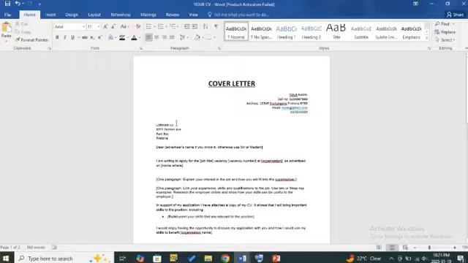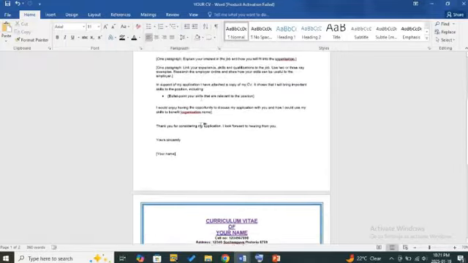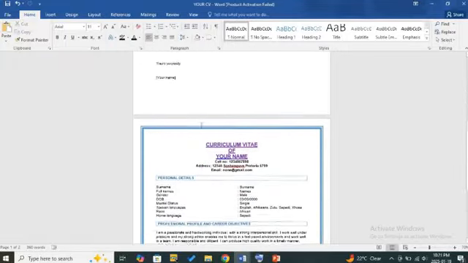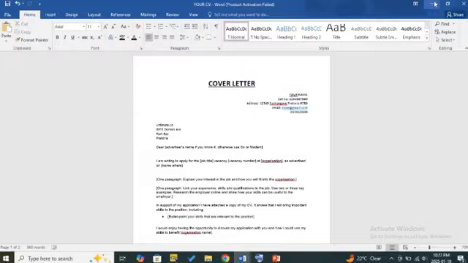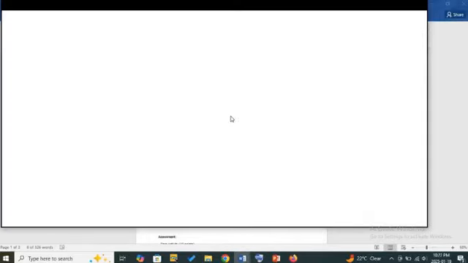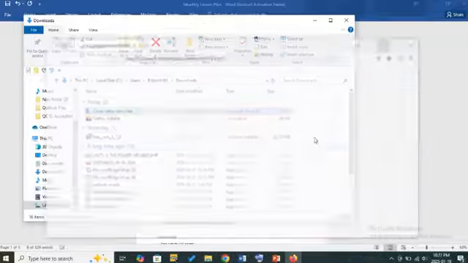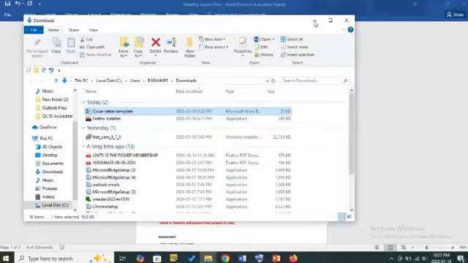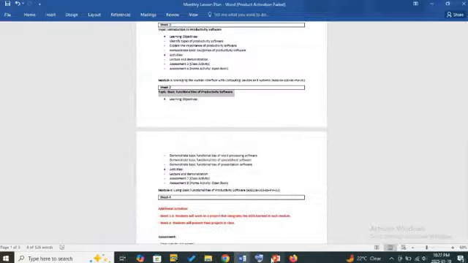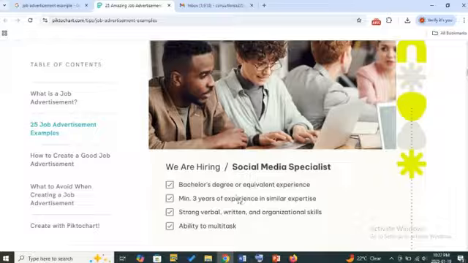The reason why we are saving the document in a PDF format is so that we don't send a Word document that people can edit. It's not supposed to be edited. This is our information, so it's not supposed to be edited. And now, since I saved it into a PDF format, we'll come here